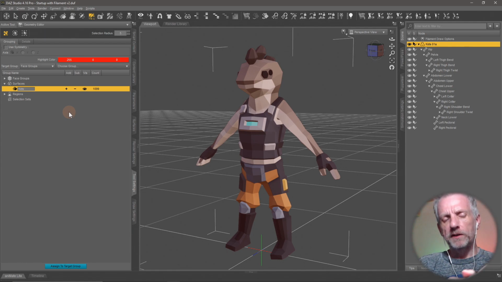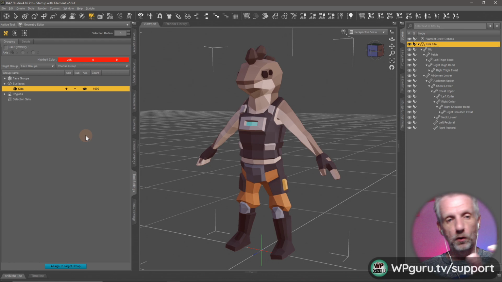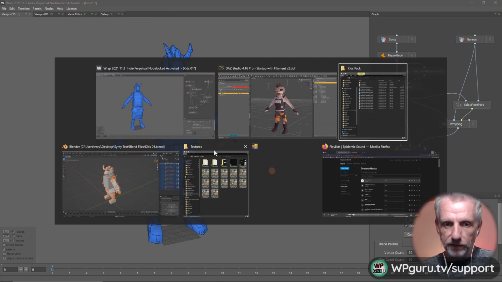I want for all the surfaces to be renamed the same thing. I think I only had to take off a number there. I might just call this kids here, Control C, and then every surface that I save with any of these characters will be called the same thing, so that we can use material presets instead of shaders on that. And this guy is called, I just want to make sure we're giving him the correct